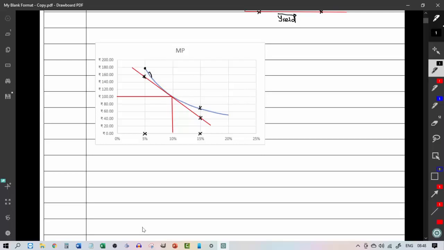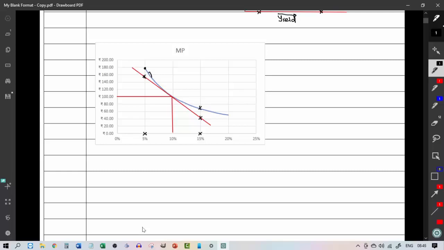Of course, we could have also done that by finding the slope of the straight line, but that would have only given the approximation, because in reality the movement of the price and the yield cannot be represented by a straight line, because the line has got a convexity attached to it.